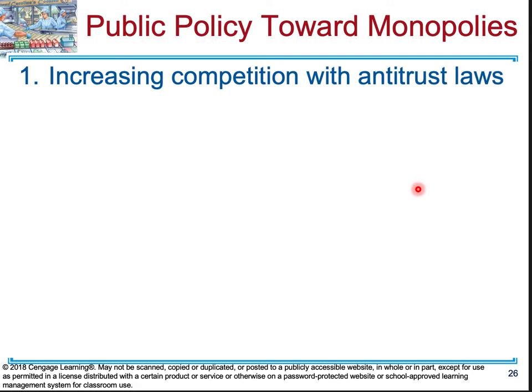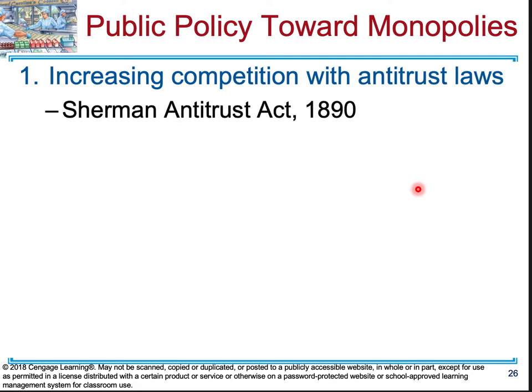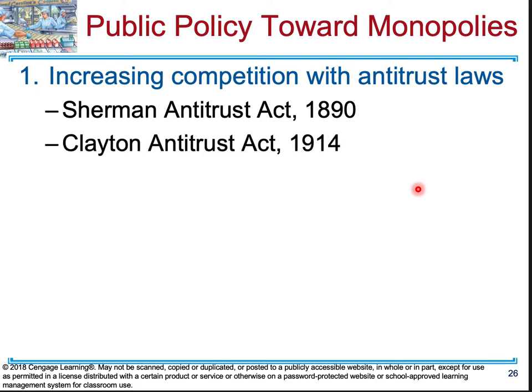All right, so public policy towards monopolies. The whole goal to break up monopolies is to increase competition. It's not fair if one company has a stronghold on the market. There are different acts, like the Sherman Antitrust Act of 1890 and the Clayton Antitrust Act of 1914. All of these were to either prevent mergers, break up companies, and increase competition. So anytime you see any of these, the main thing is to increase competition and decrease monopolies.